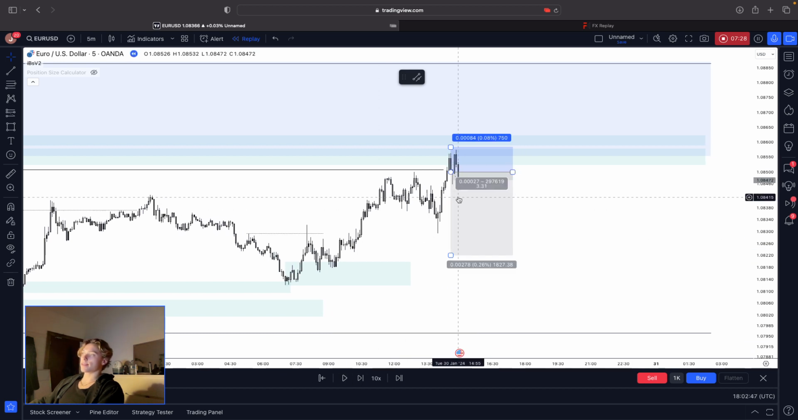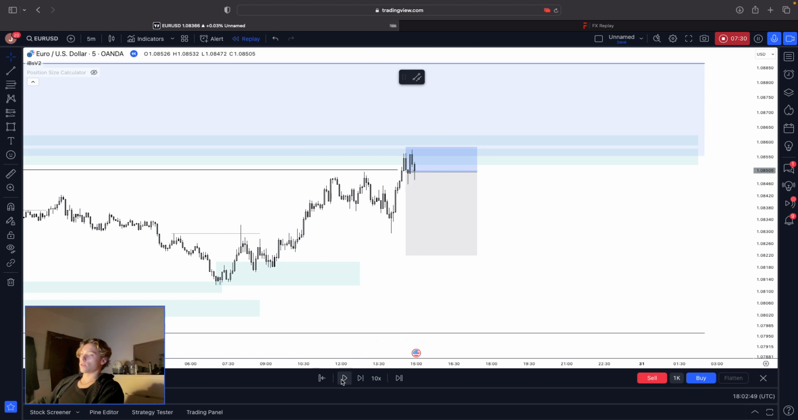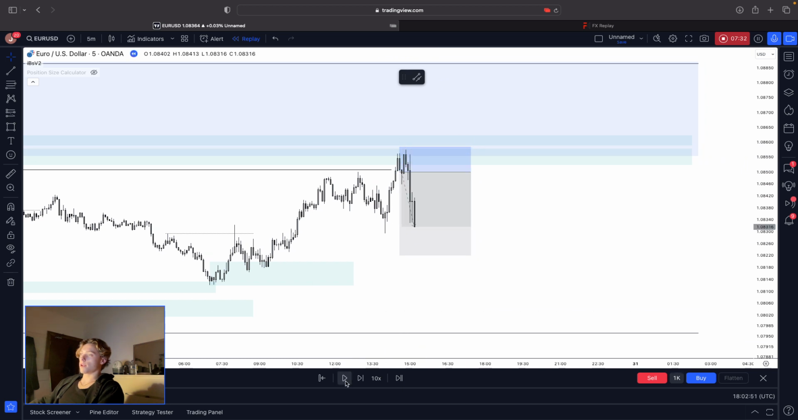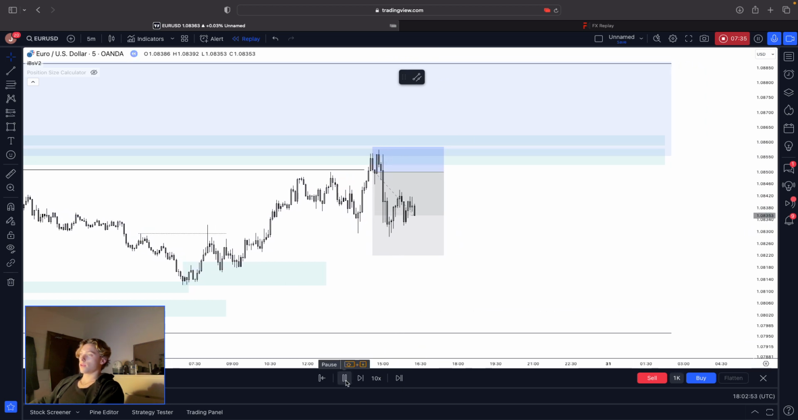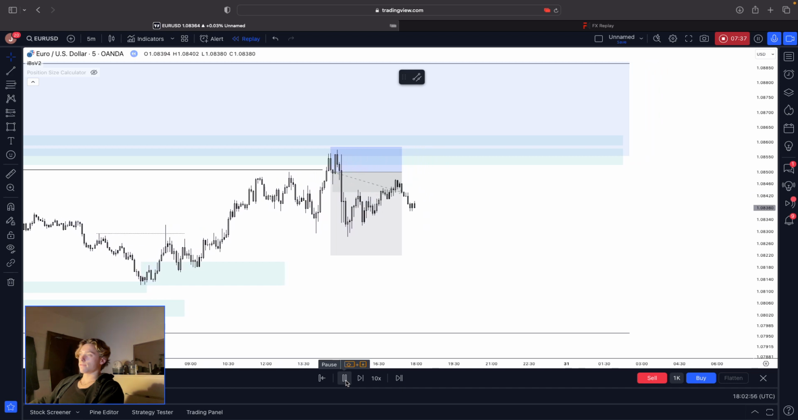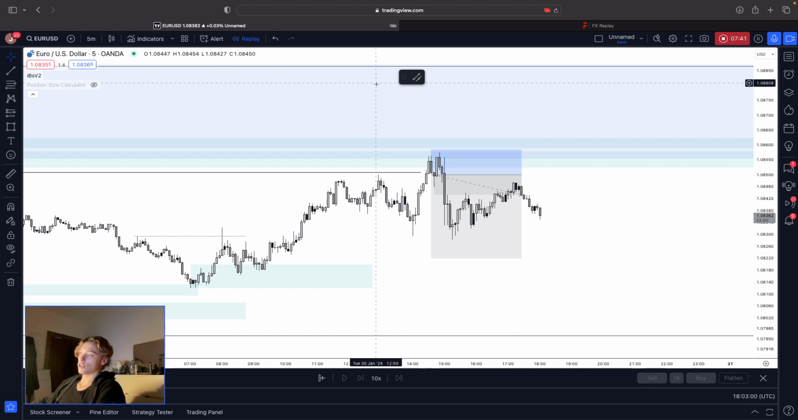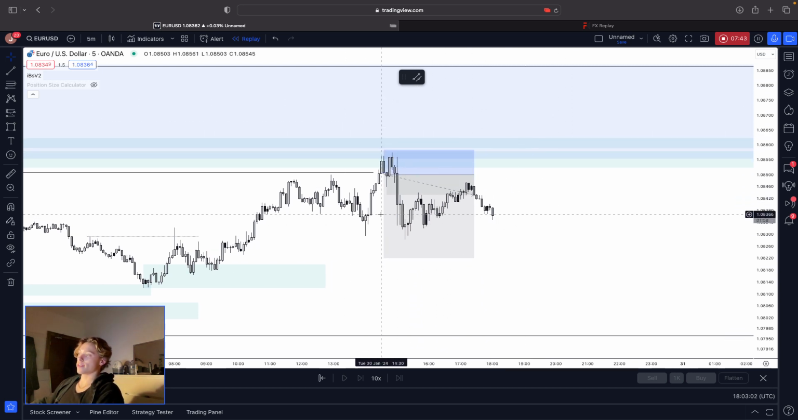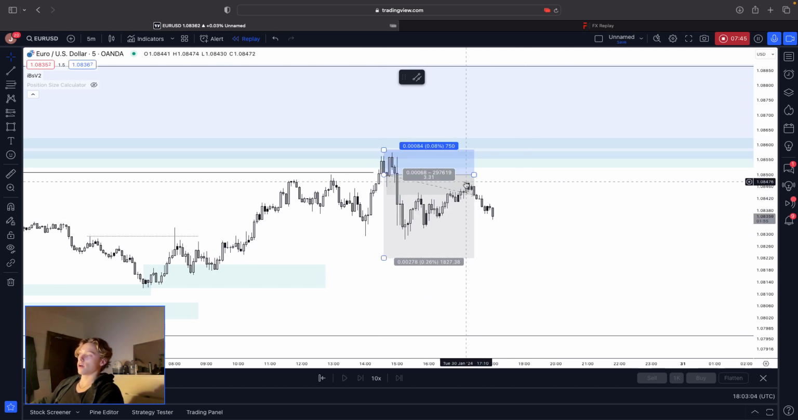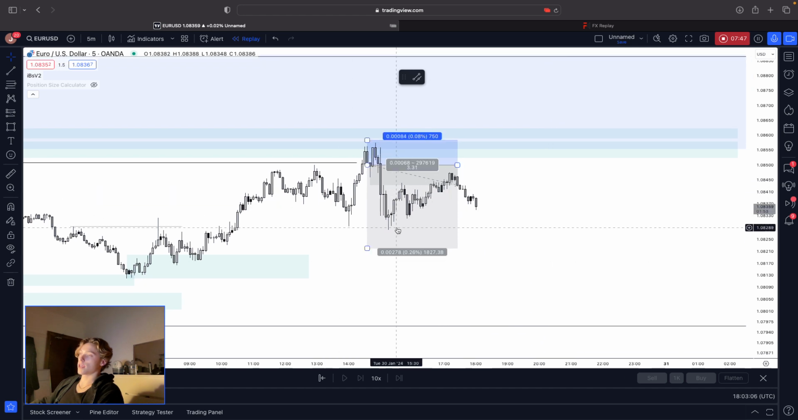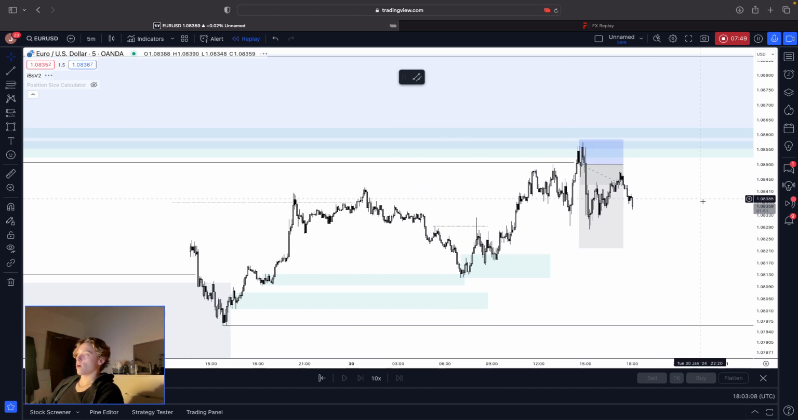Okay, so we got tagged into the trade, and then we've come down, and we're currently around here. So if you took this trade, you would still be in this trade. Already this looks very corrective. Seems like we're going to push down, take out these lows. However, I will be honest,